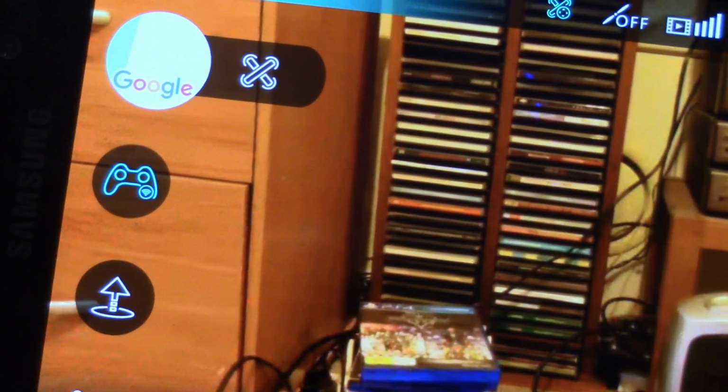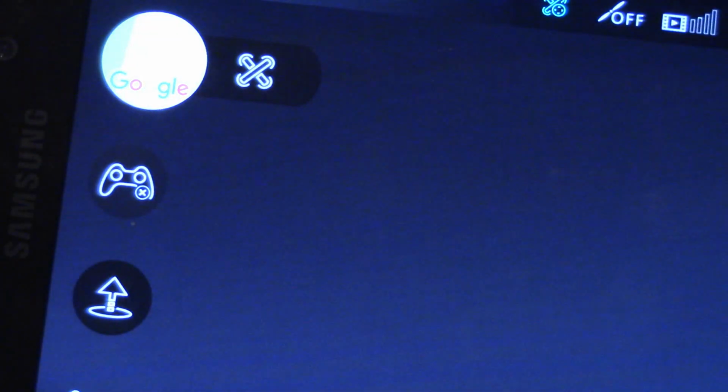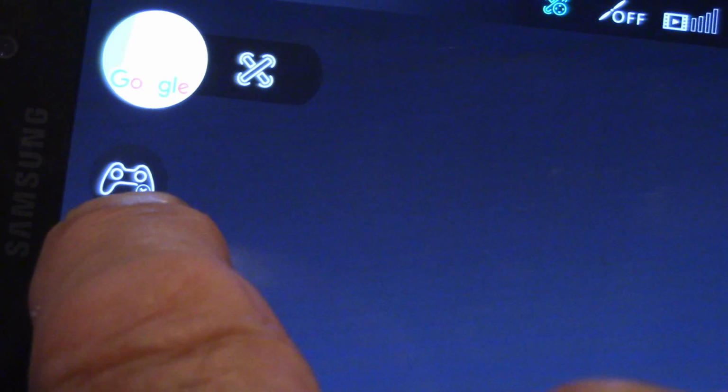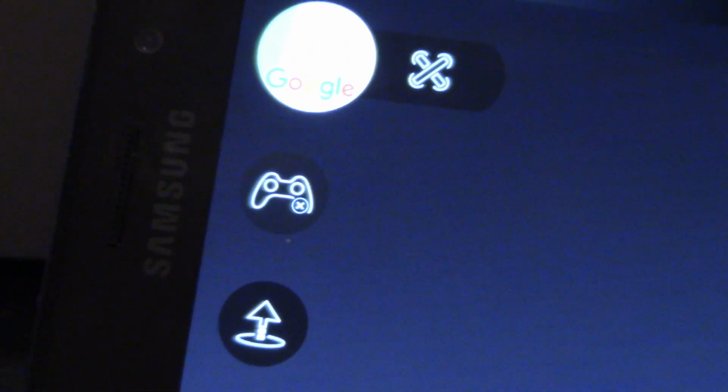So if I unplug, then the lights go out, and now it's got a cross on it. So I can put that on the controller or off the controller. So if I go on the controller,